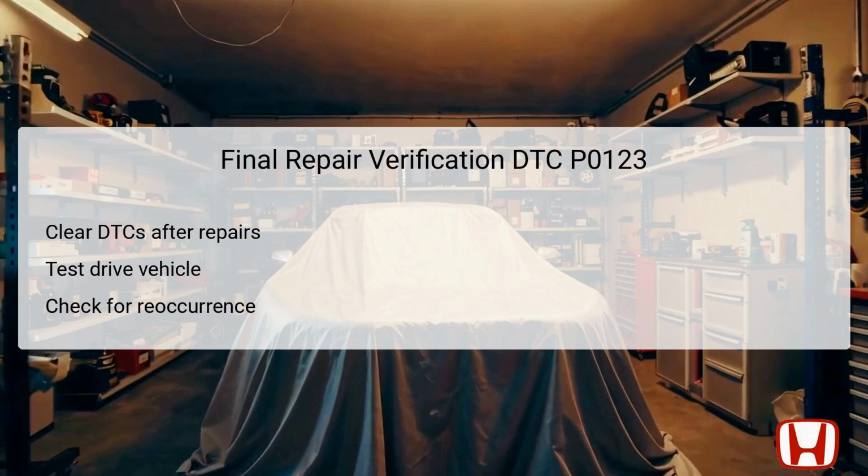After completing repairs related to DTC P0123, the final repair verification should commence. First, clear any stored DTCs through a diagnostic tool and ensure that the MIL is extinguished. Following this, a test drive of the vehicle is necessary to validate the repairs and confirm that everything operates as